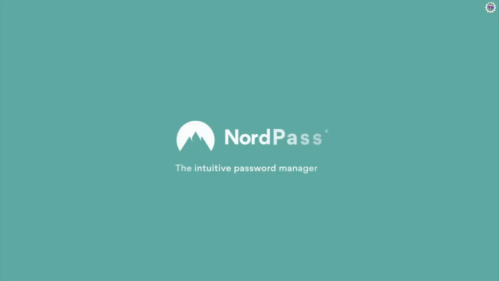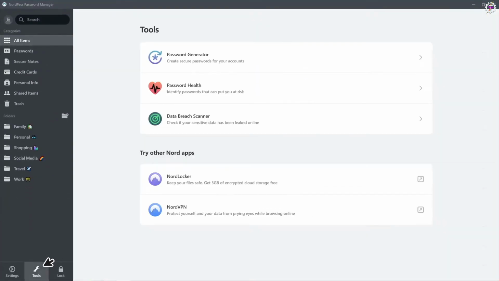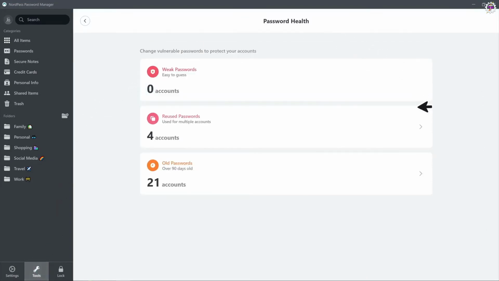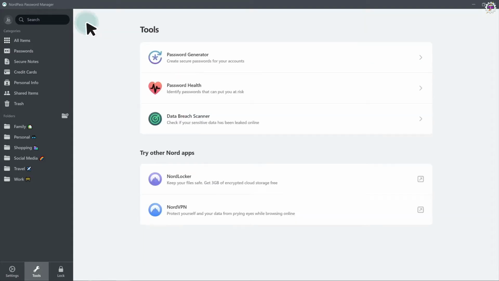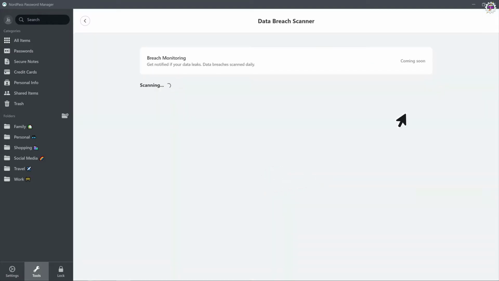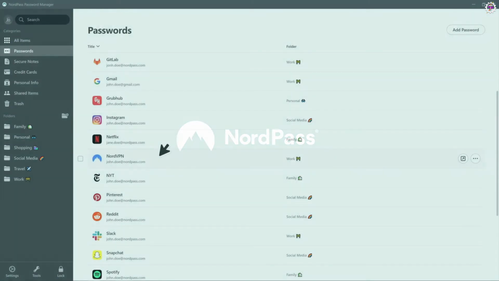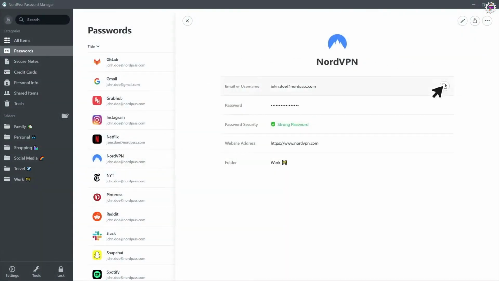Hey folks, today I'm going to be covering a topic that I know is a huge headache for a lot of people out there. I'm going to be talking about password management, and the solution I'm going to be recommending to all of you today is the software known as Nordpass. We're going to be walking you through the entire piece of software, including how to import your old username and passwords, how to use Nordpass's software to change your passwords to make them more secure,